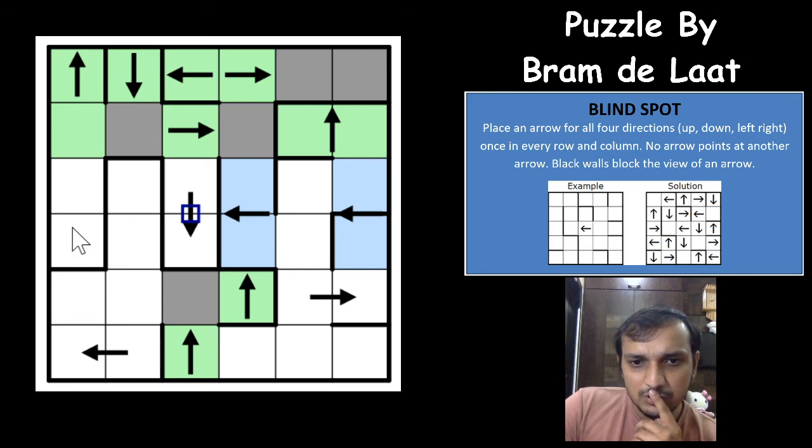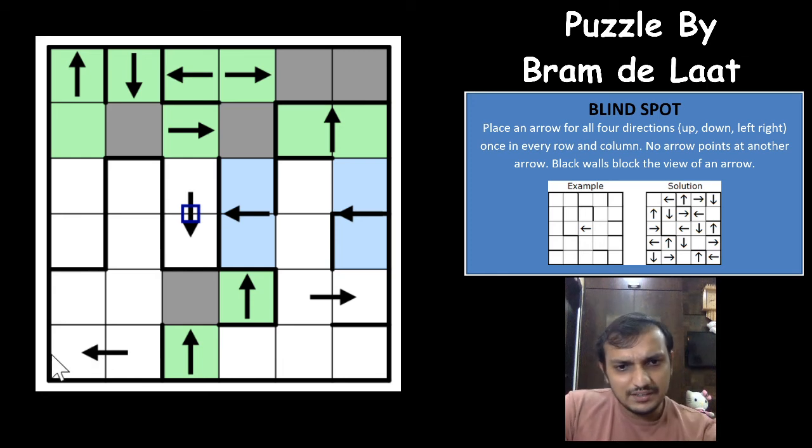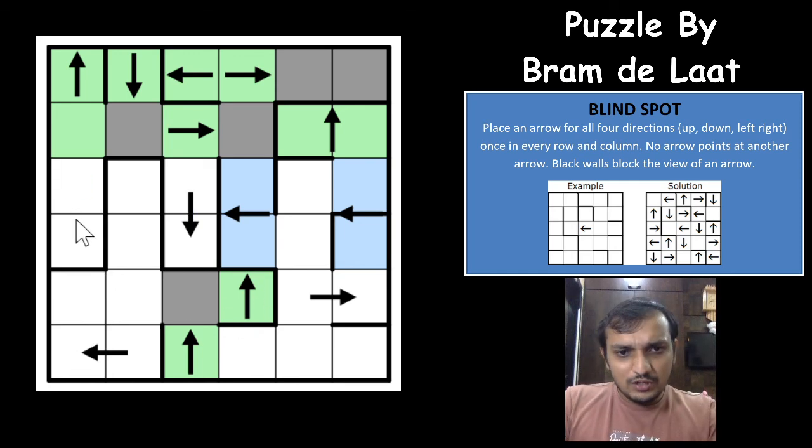both of these will be gone, and where can you have a right arrow in this column? You cannot have a right arrow here. That will point to these two arrows will point to each other. You cannot have the right arrow here because it will point to this arrow. Right arrow will have to be in one of these two cells, right? And which means that this cell cannot be a lower arrow.